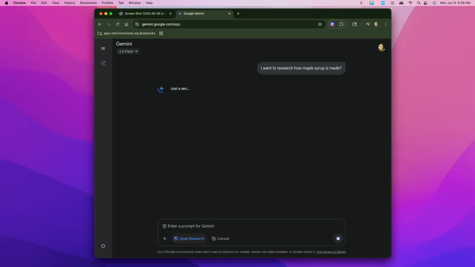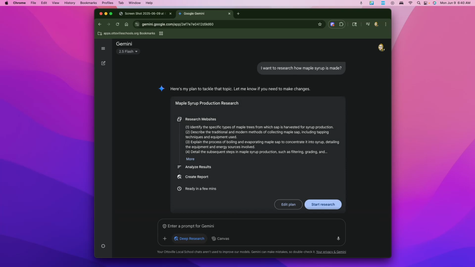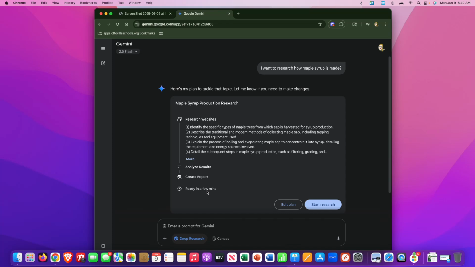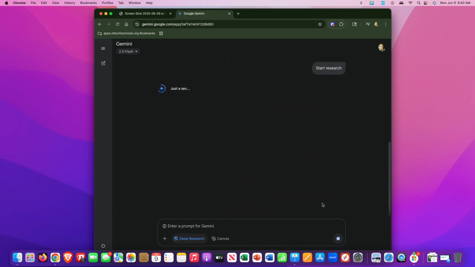And so this is allowing me to start in, and it's going to find relevant information using Gemini's model of reasoning. First of all, I'm going to get information concerning the research website. It gives me the ability to analyze the results, create a report, and then if I start this research here at this point,